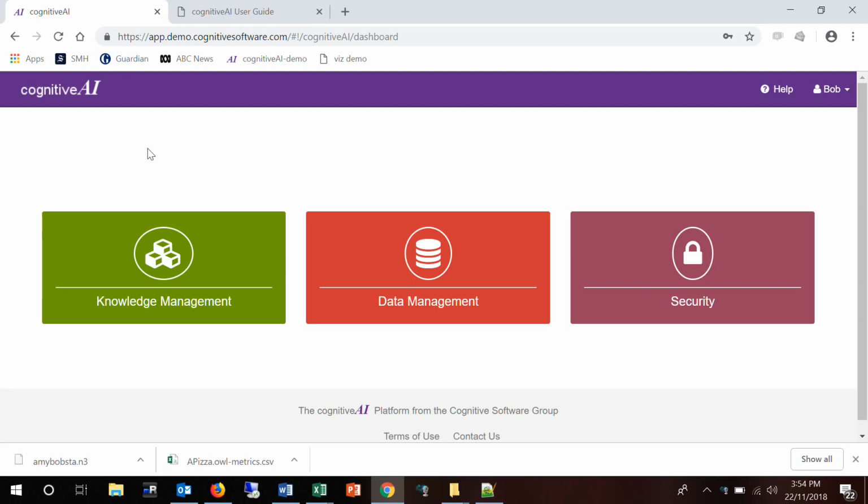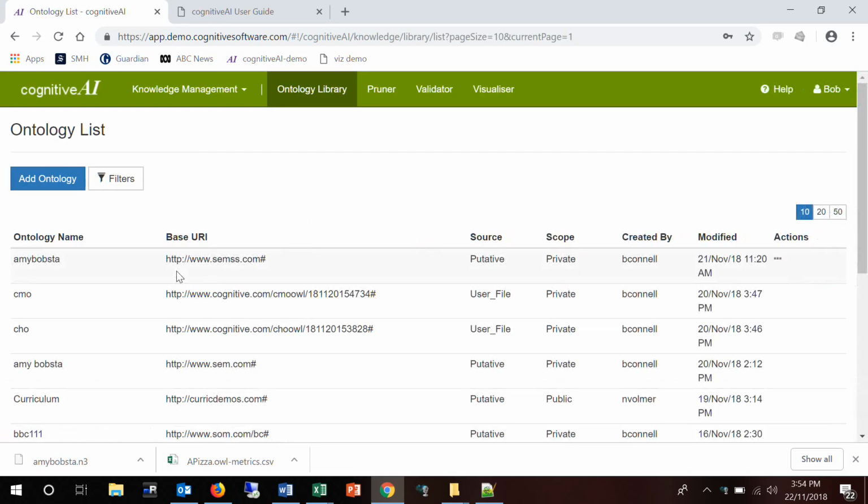Hello, welcome to this session where we're going to talk about the ontology libraries within the knowledge management suite. So if we click on the knowledge management box, we're shown a display of various ontologies available within the ontology library. And we can see the first column is the name of the ontology, followed by the